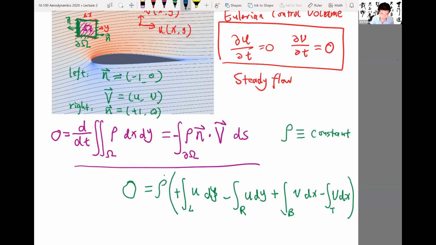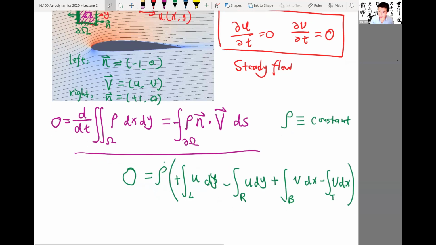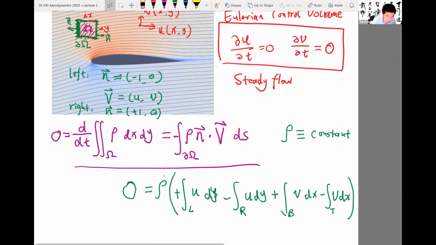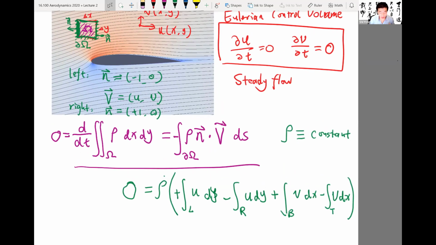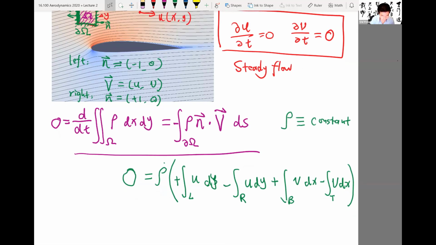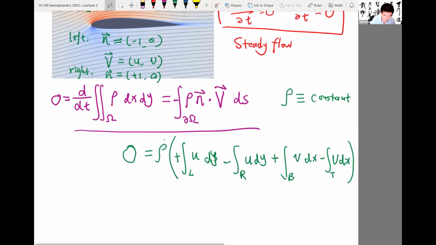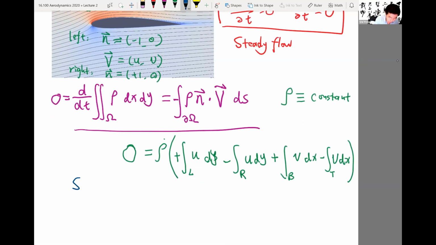As you shrink the square to smaller and smaller squares, this equation always holds, because this equation is satisfied for any control volume I draw. So no matter how big or how small the control volume is, this is true. So we can shrink to very small values without any problems. So if we shrink this omega to a point,